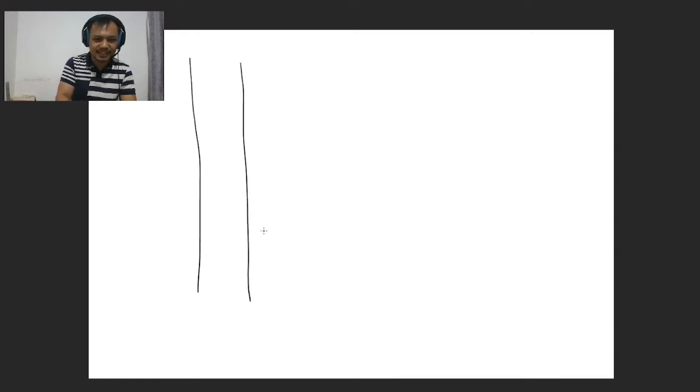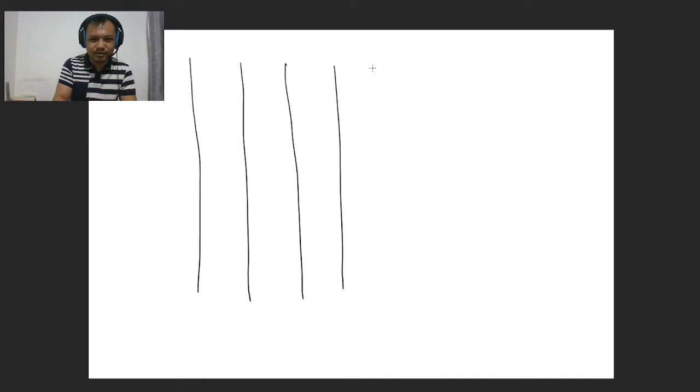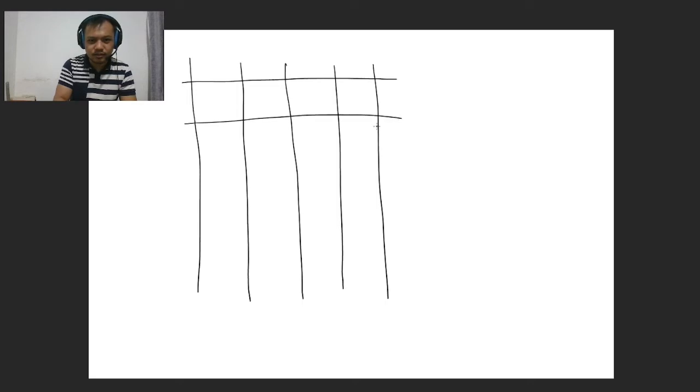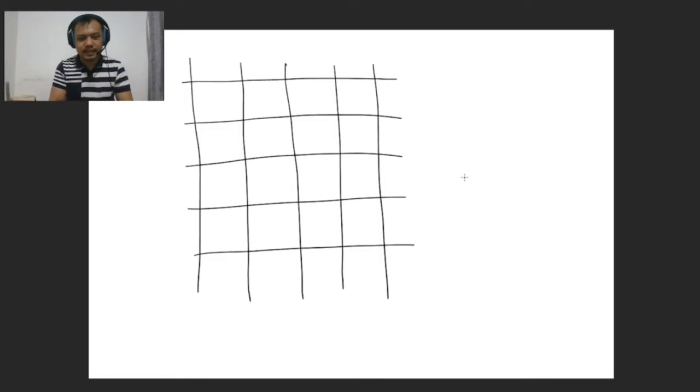So I'm going to attempt to draw 5 parallel lines, 5 vertical parallel lines. Here we go. Okay, 1, 2, 3, 4, and 5. Okay, and let's draw another 5 horizontal. 1, 2, 3, 4, and 5. Okay, so you don't have to draw this. This is just to give us a visual representation of what Pythagoras was looking at